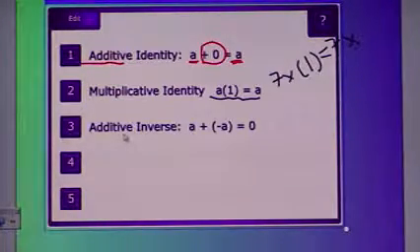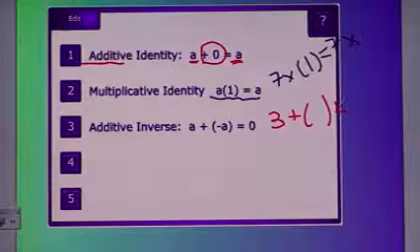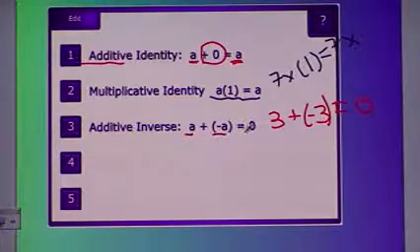Okay, additive inverse. Inverse kind of means the opposite. So it's the opposite of identity because we're not trying to get what we started with, we're trying to get to 0. So additive inverse means if I have a number like 3, what should I add to 3 so that I end up with 0? Well, I should add -3. So you take what you start with and add the opposite of it, they cancel each other out,